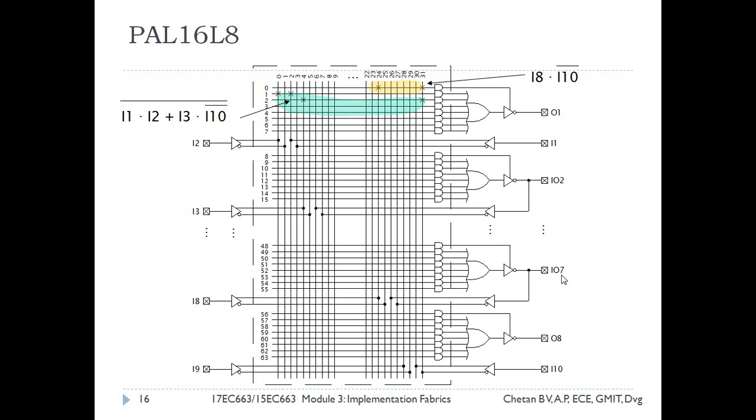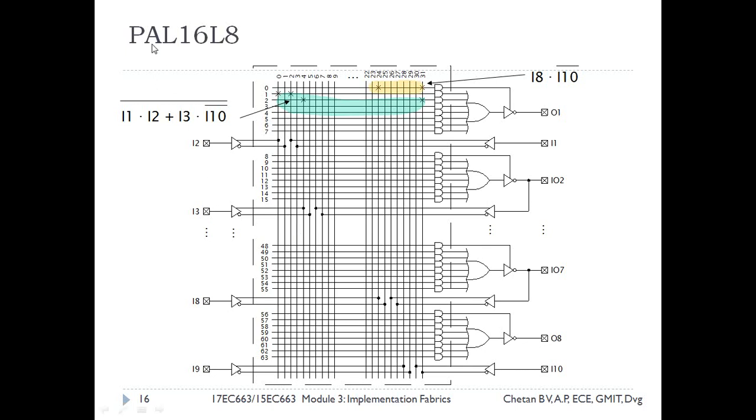10 input pins along with 6 bidirectional IO pins form 16 inputs, hence the number 16 in the name. Bidirectional 6 IO pins along with only 2 output pins gives 8 outputs, hence the number 8 in the name. So totally this architecture has 10 only input pins, 2 only output pins and 6 bidirectional IO pins.